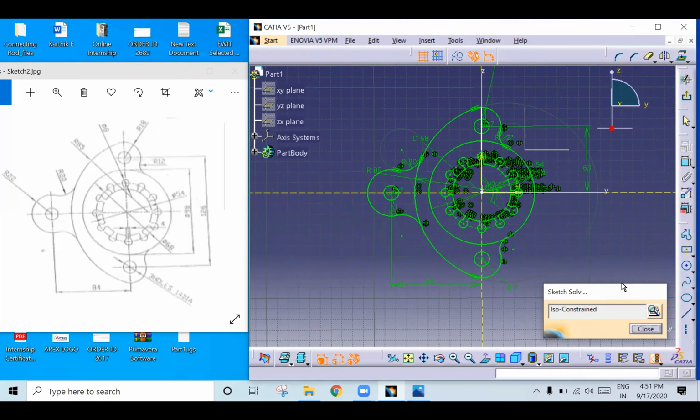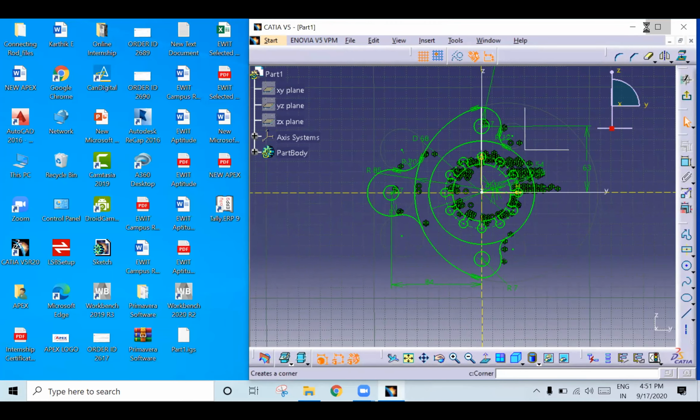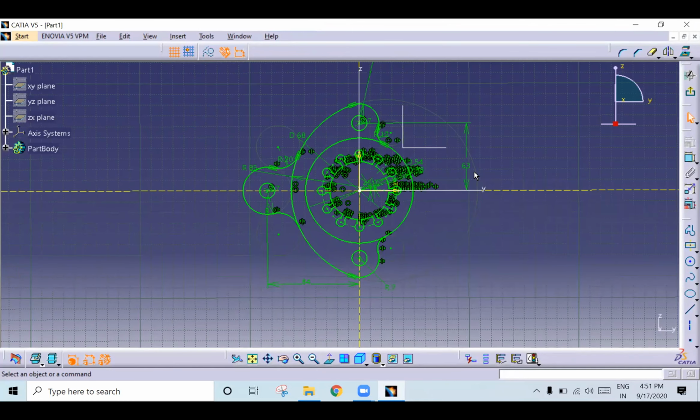Any doubts? No, sir. All of you got it. So I will share 4 drawings. You have to submit by tomorrow. Try to complete it by today itself, if possible. At least submit 2 drawings. Once you finish a drawing, just WhatsApp me. If you find any doubts, you can WhatsApp me or call me, and I will guide you how to do that.